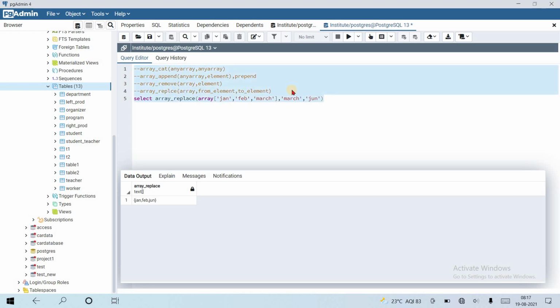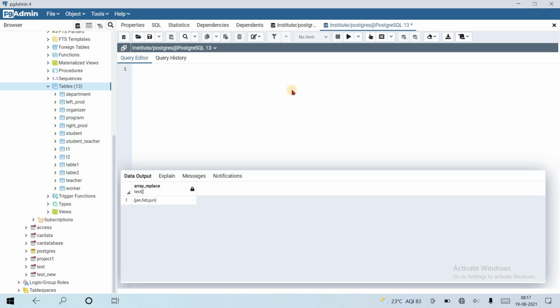Okay, all these are array modification functions. Let's see array comparison with IN, ALL and ANY. The example is, suppose, select 20 in.